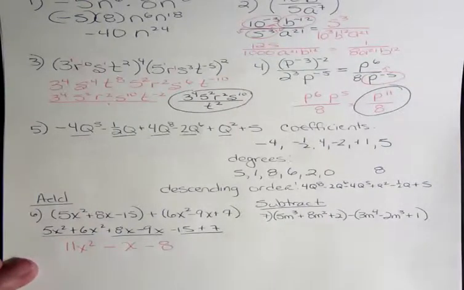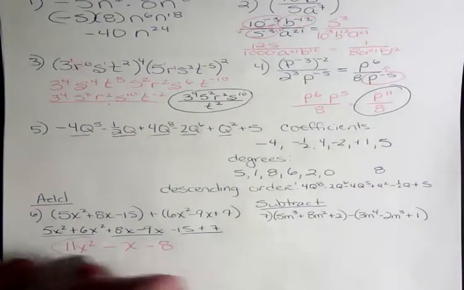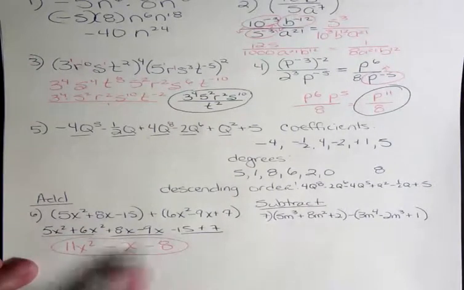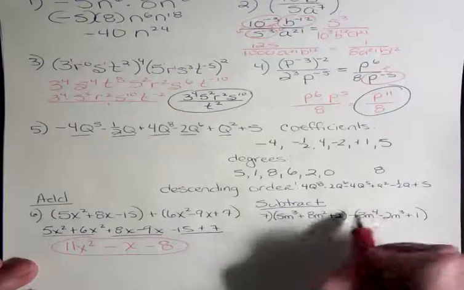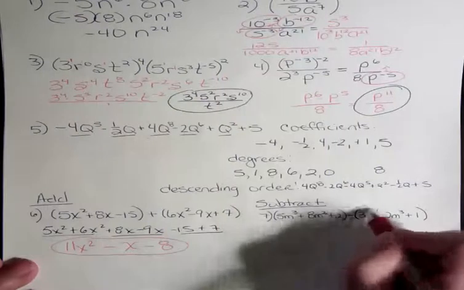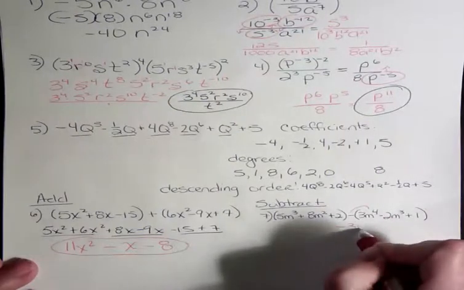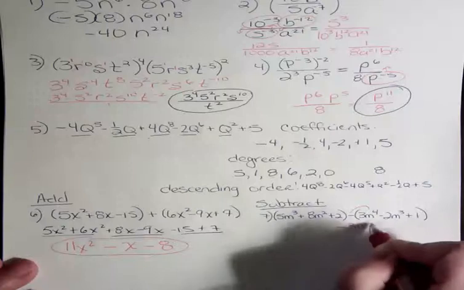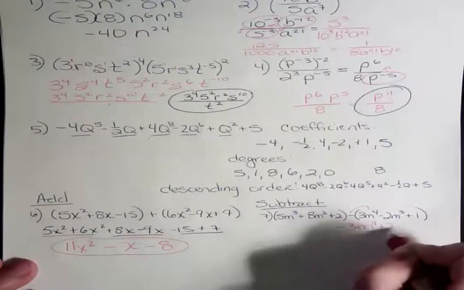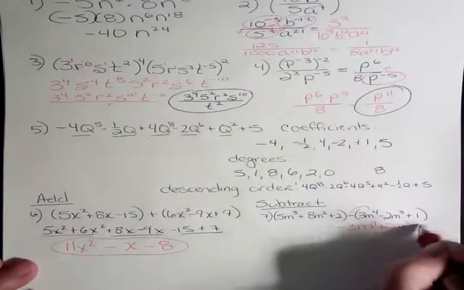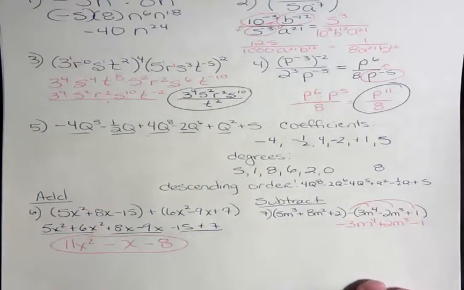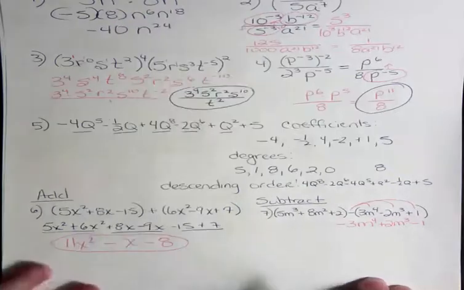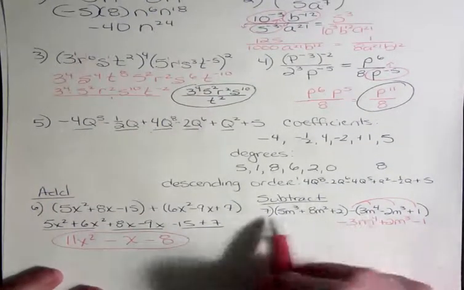You want to add together what you can. You cannot add these together because they are no longer like terms. Over here, what I want you to see is that there's a minus sign in front of a parenthesis. It changes everything after that. So I have -3m to the 4th, +2m to the 3rd, and -1, because that negative distributes all the way through there. I'm going to go ahead and work this problem in descending order, and that means my highest power that I have in there is the 4th power. So I'm going to write that term first,